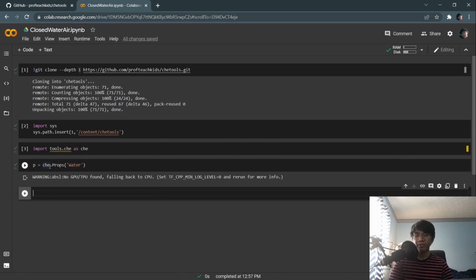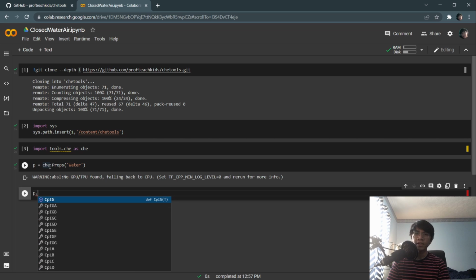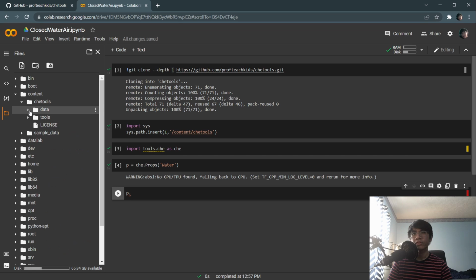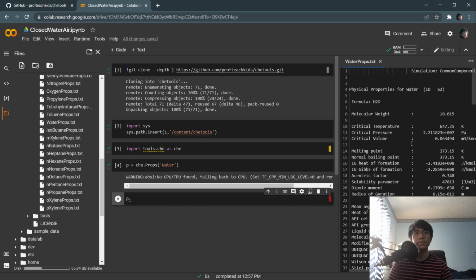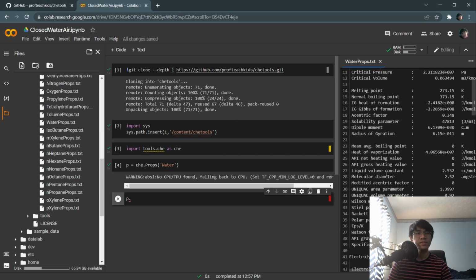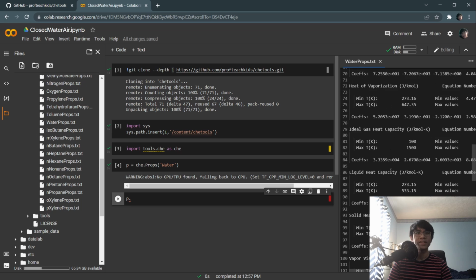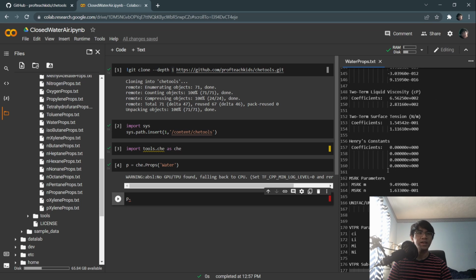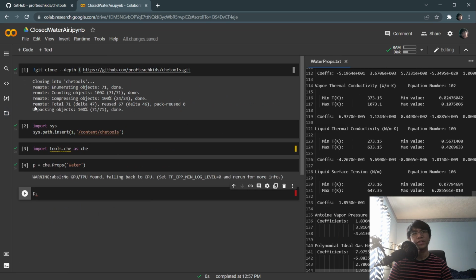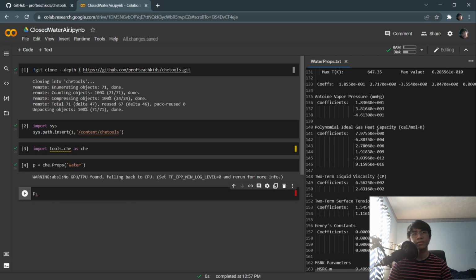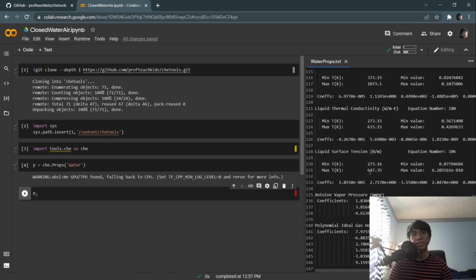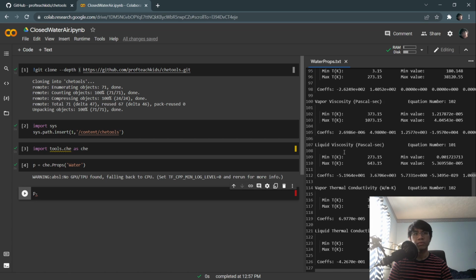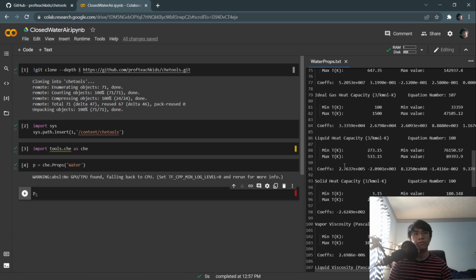So in this object we've created, P, we can now access all the properties that Carlos has imported from ChemCAD. So if we go back to data, water. Let's see, where's water? Right there. Open that up. You look in here, and it is a lot of properties that we may or may not ever use in this little video we've got going on. But it has things like Antoine vapor pressure, liquid surface tension, liquid viscosity. I don't know if we can find it. We're going to be using